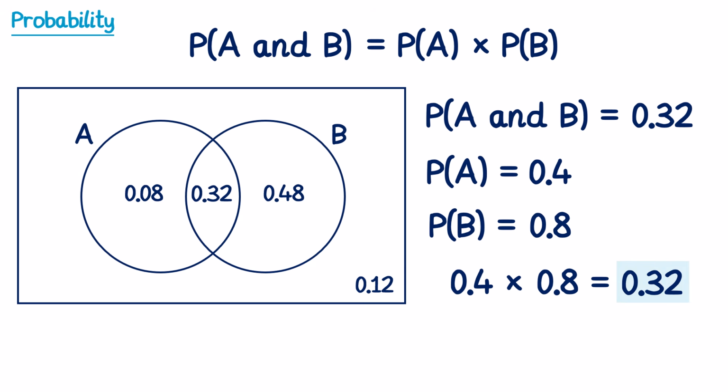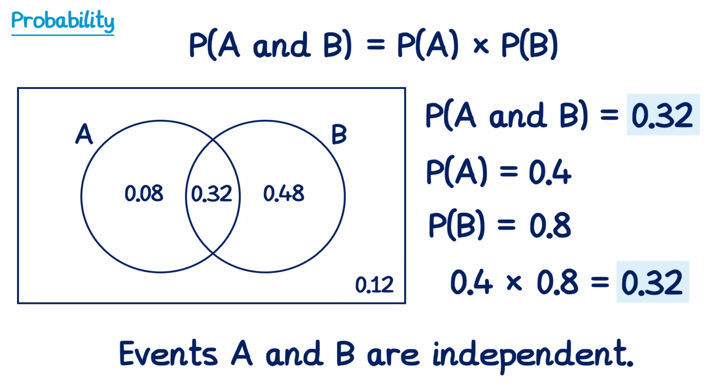And this does match the probability of A and B. So we could conclude that these two events are independent. Let's take a look at some exam-style questions on these topics. As a reminder, if the events are mutually exclusive, we can say these two things, and if they are independent,